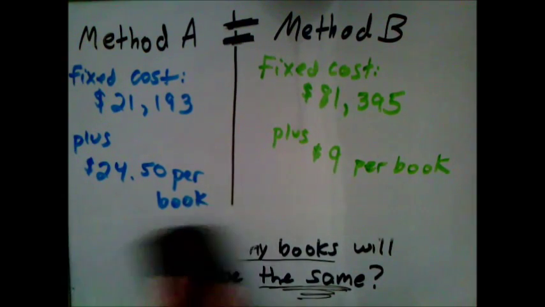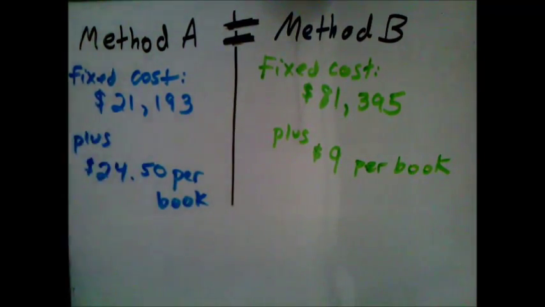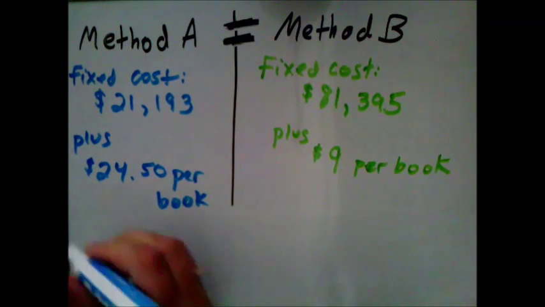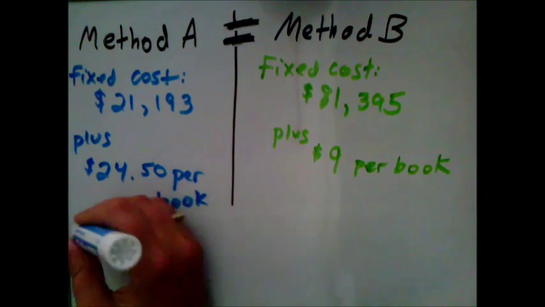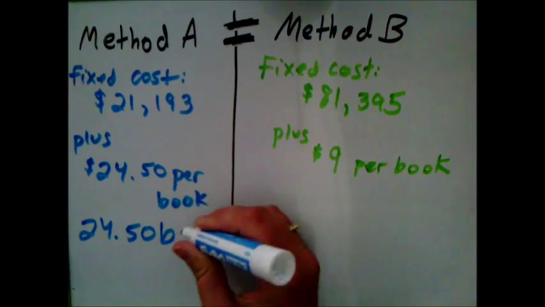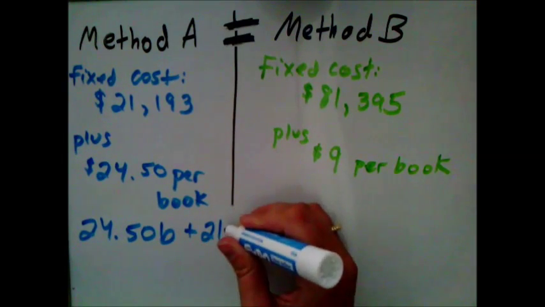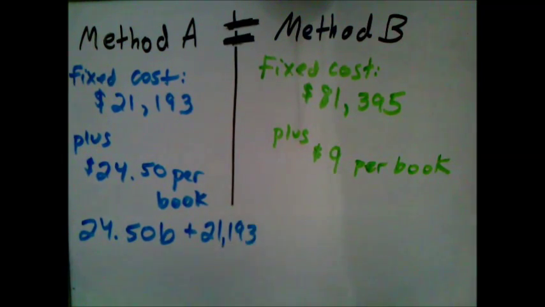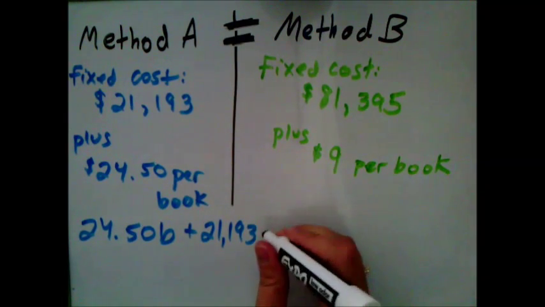For method A, it's $24.50 per book. So if I make 10 books, I have to pay $24.50 10 times. You can see it's multiplication by the number of books. We already decided the number of books we were going to call B. So this is $24.50B, plus we have to pay this $21,193 no matter what. And we want to know, when is that equal to